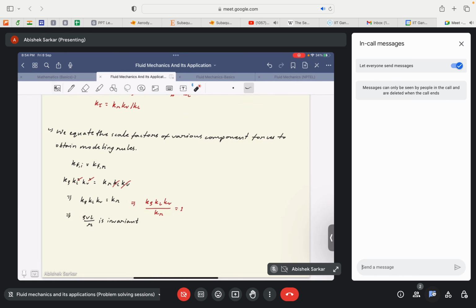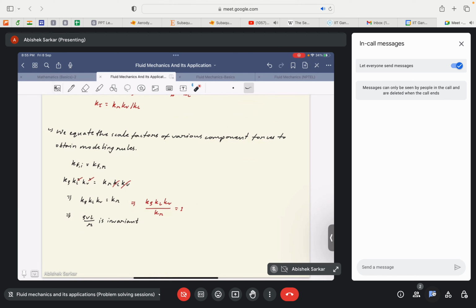Because it may happen that the body force term, instead of being a gravitational force, is actually an electromagnetic force. Now we know that we do not need to go back to the governing equation. If we know the scaling factors of those body force terms, in the case of the electric potential or the electrostatic force that acts as a body force, if we properly know the scales of these body force terms, and we know that this